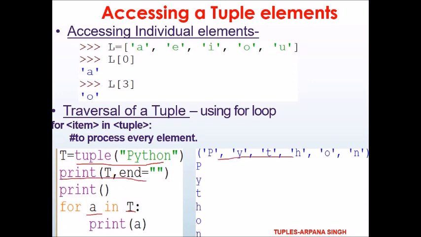So here you will get the output. This is the output of this line, and here because of this loop you are getting this output. Each time it will access one element from the tuple. That is how a for loop executes. The for loop variable picks up one element each time from the given sequence. Here the sequence t is this whole sequence from this to this, and it will pick up one element each time. So first it will pick p, so it will print p, because here you have written print a. Next time a will be y, that is the second element from the tuple, so it will print y, and so on.